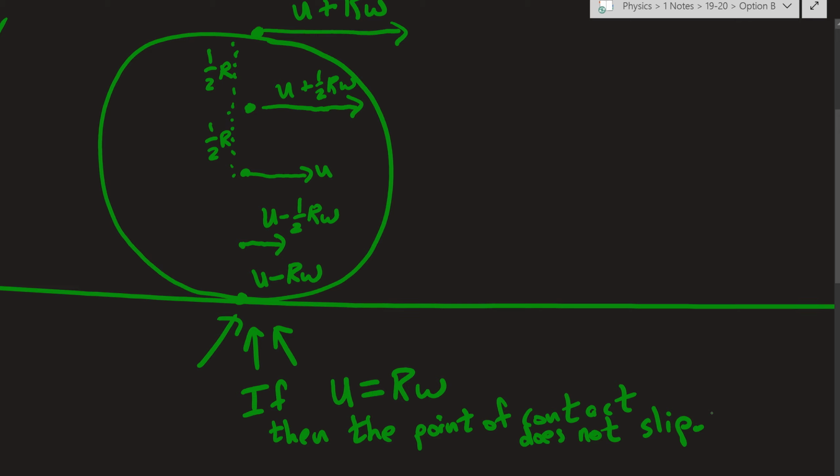And so slipping is previously what we called sliding. If you let a block slide down a ramp, then there's friction because there's sliding motion. And so if an object is rolling and the center of mass velocity u is the same size as the radius of that object times the angular velocity, then that bottom point will have a total velocity of 0. If those things are the same size, then this would be 0, and therefore that bottom point technically has no velocity, which sounds really weird,